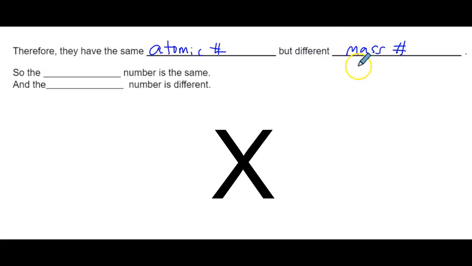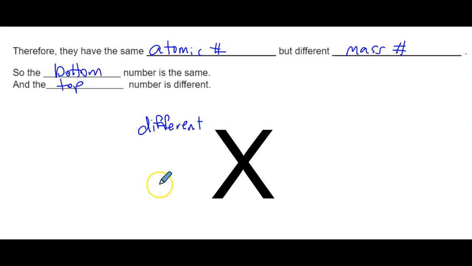So if the neutrons are changing, the mass number is going to change, because protons would stay the same because the atomic number is the same. So therefore, they have the same atomic number but different mass number. So the bottom number is the same, and the top number is different on our nuclear symbol. So this is going to be different